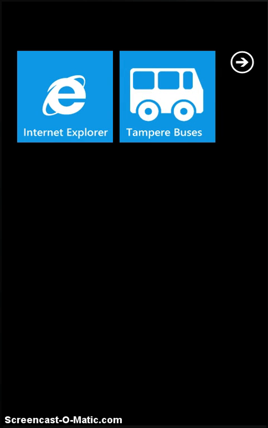Tampere Bus Explorer is an application for Windows phones, and it is especially designed for people in Tampere who are using the buses on a daily basis. Using Tampere Bus Explorer, the users can see their nearest bus stops and their schedules, and also they can see when the next buses are leaving from there. They can also check the bus routes and bus schedules and all of this kind